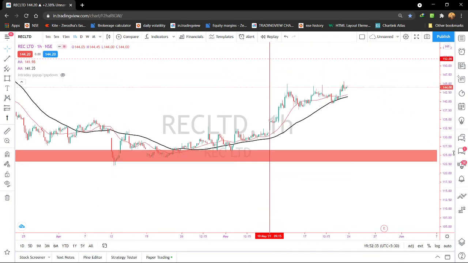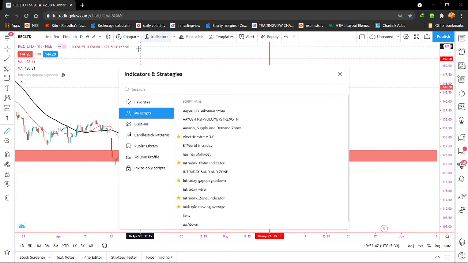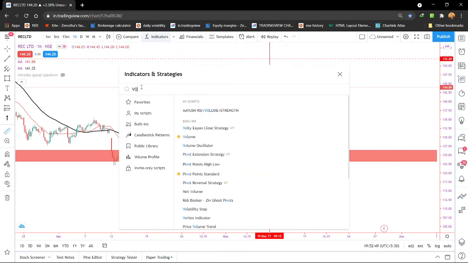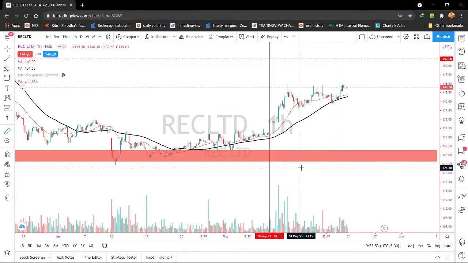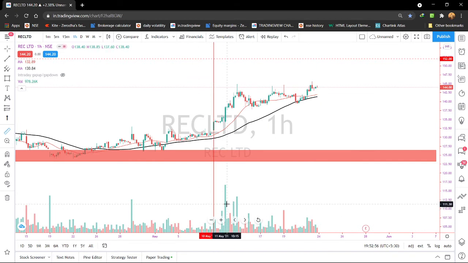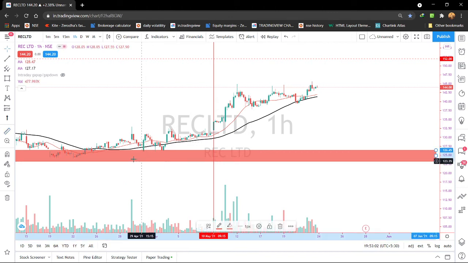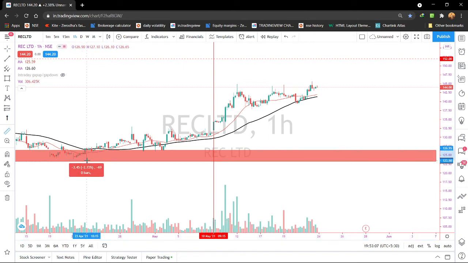If you have any confusion, then text me. I will explain it. See, it is trying to take support at this supply zone, and it has crossed it here. You have to switch on the volume also because there is confusion in this stock. We will need higher volume. See this one, it has great volume here. This can also be the entry with the stop loss here. This can also be the entry with the stop loss at this place.